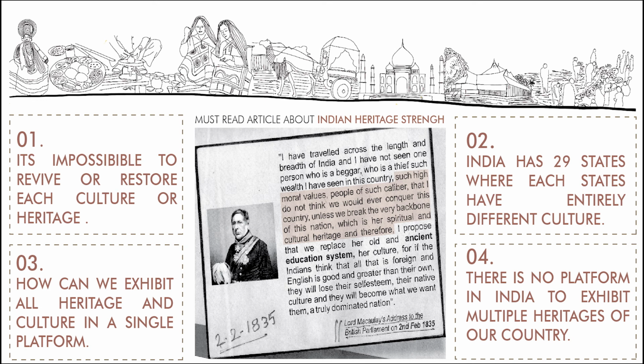It's an article about Indian heritage strength written by Lord Macaulay addressed to the British Parliament on 2nd Feb 1835. It's written as: I have travelled across the length and breadth of India, and I have not seen one person who is a beggar, who is a thief. Such wealth I have seen in this country, such high moral values, people of such caliber, that I do not think we could ever conquer this country unless we break the very backbone of this nation, which is her spiritual